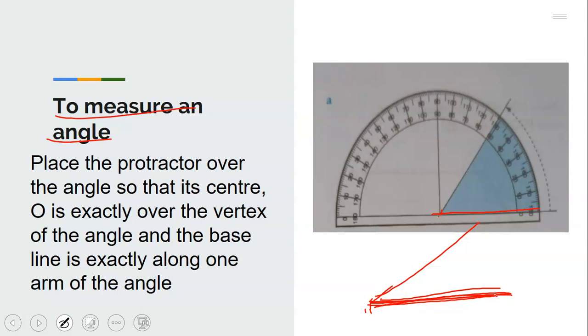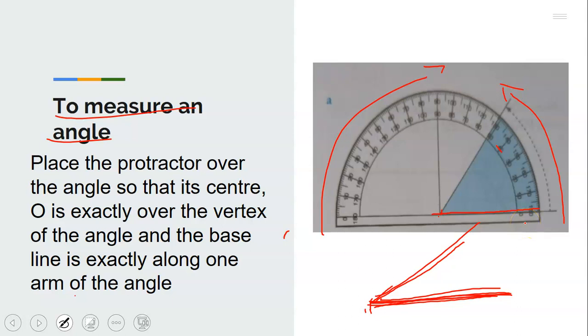And the baseline is exactly along one arm of the angle. Then from here, you can now count. This is 0. You can see underneath we have 0, and at the upper part, we have 180. When you are counting from this side to this side, you use the upper number starting from 0. When you are counting from this side towards this side, you use the upper 0 from 0 to 180. But since I'm counting from this side towards this side, then I will use the lower number, which is 0,